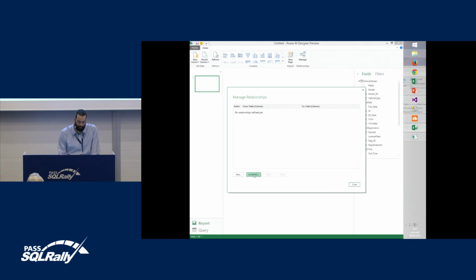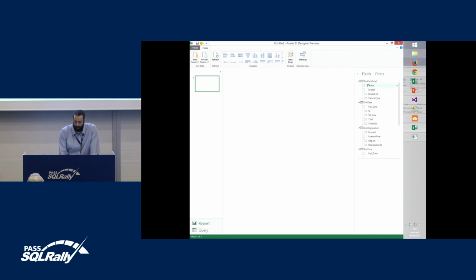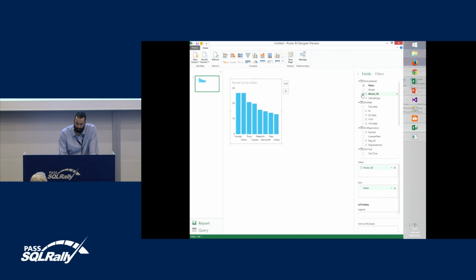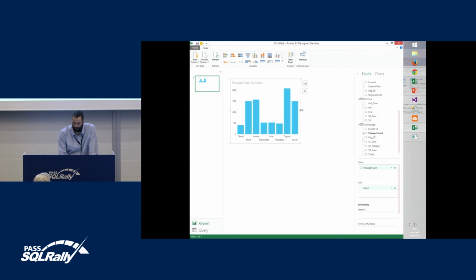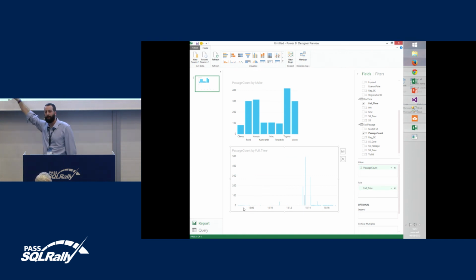And there's, of course, a relationship between my different fact table and dimension, and I let Power BI discover them. And here we are. Can say, okay, by make, of course, this serial key doesn't make any sense. I want my passage count by make. Okay, that's cool. I want my passage count per, okay, if I just manage to click in that, by time. Okay, that's cool. And you see that I've played with this event hub already. I've prepared this session, despite what it looks like. And when we started it, we reprocessed the past. So that's when we caught up with